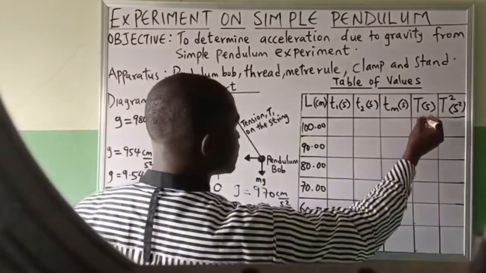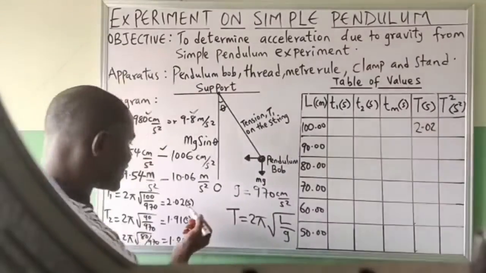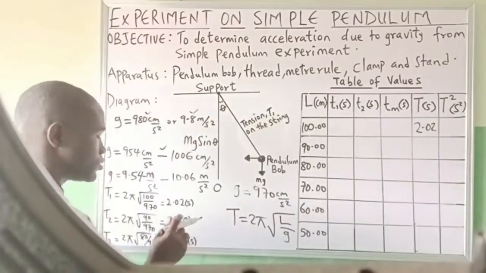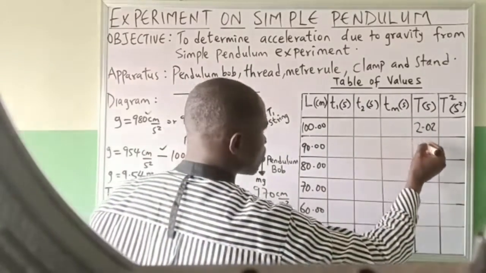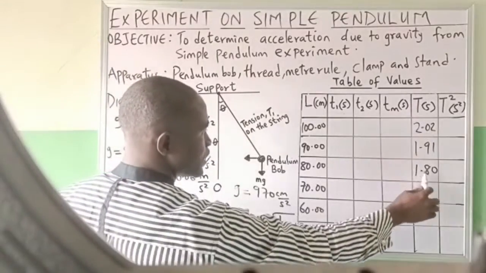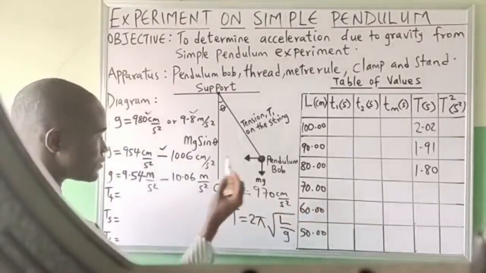Our first T is 2.02. We don't attach the second to it because already it has second on the top. Then this is 1.91. So the third T is 1.80. To get the next one, that is L of 70,